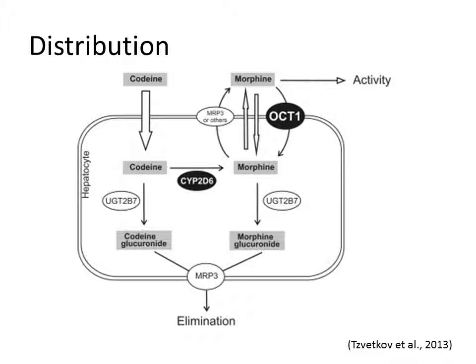From the intestine, codeine travels to the liver via the hepatic portal vein. It retains the same lipophilic cationic properties and crosses most membranes through simple diffusion. It is finally absorbed by the hepatocytes, and the liver is the major site of metabolism for codeine. So let's take a closer look at that.